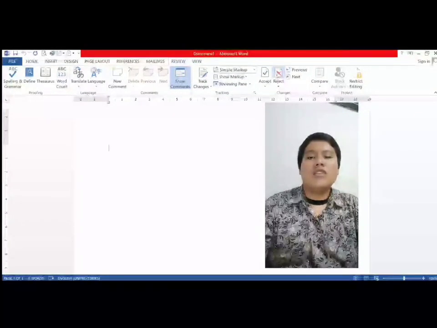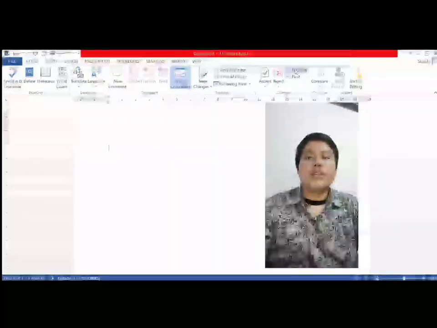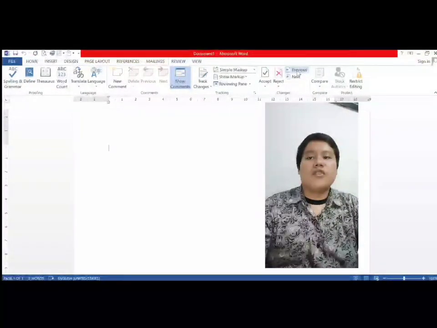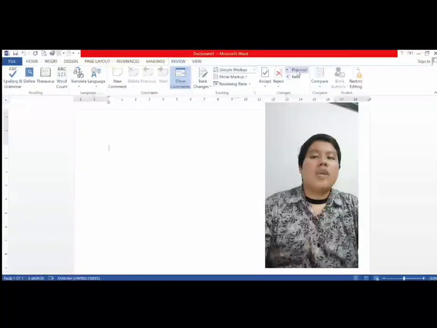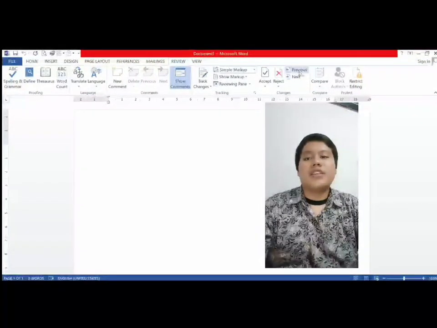Cross-reference icon is a function to refer to a specific place in your document, such as headings, figures, and tables. Mark entry icon is a function to add the selected text to the index. Insert index icon is a function to add an index listing keywords and the page numbers they appear on.